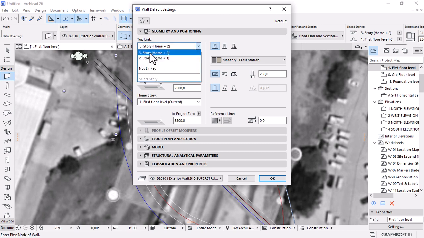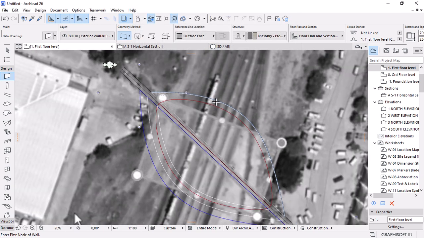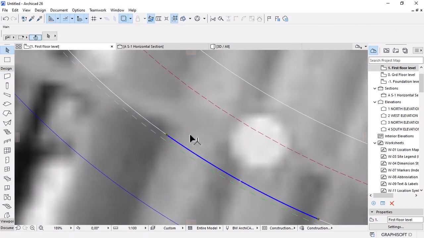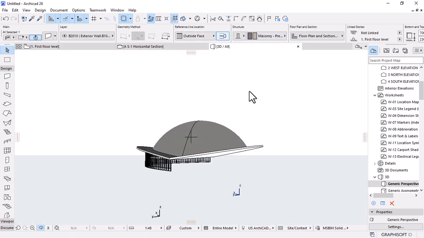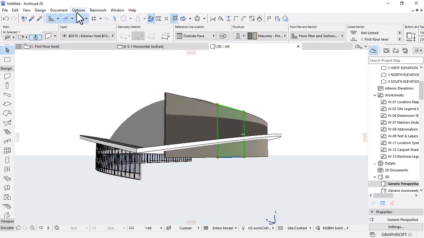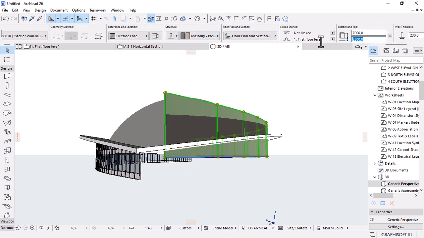I think it should be on story. Let's not link it. Then make it 7 meters. Then hit OK. Place it on this. Let's select this wall, or do it in 3D. Make sure this is grouped. Set this to 0,